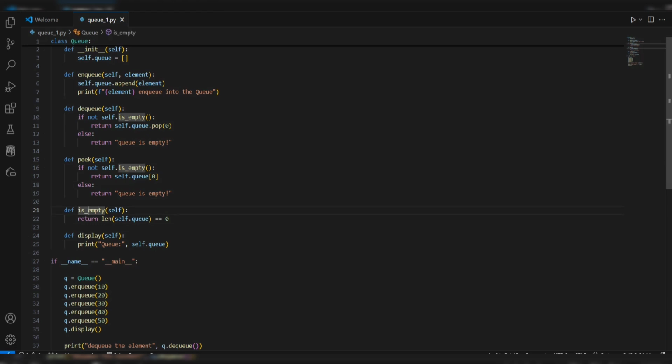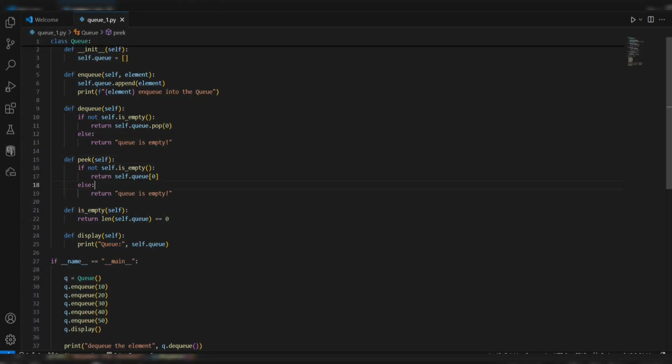Next, we are going to move on to the DQ method, taking self as a parameter. In the DQ method, it removes the element from the queue.